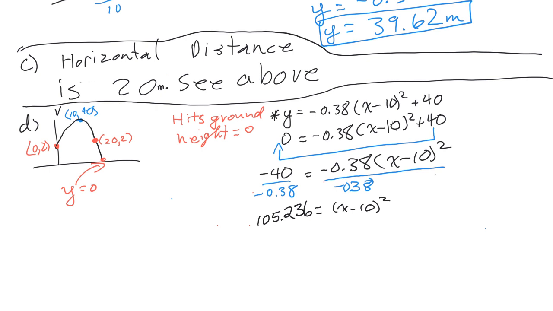Now think of BEDMAS and SAMDEB. So SAMDEB is the last thing. So we have to get rid of the bracket, but if there's an exponent, we've got to do that first. So if we have something that's squared, in order to get rid of the square, we square root both sides. And we end up with x minus 10 is equal to the square root of 105.236, and that turns out to be